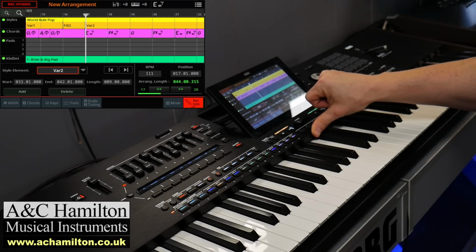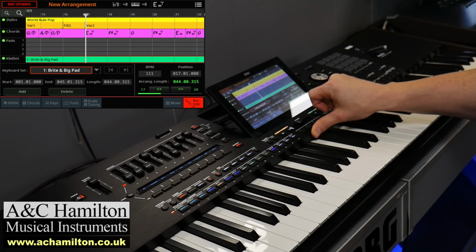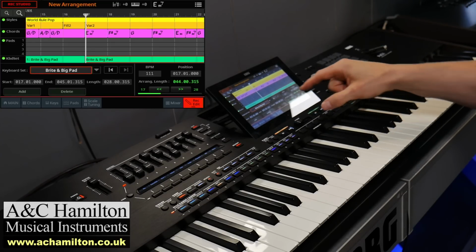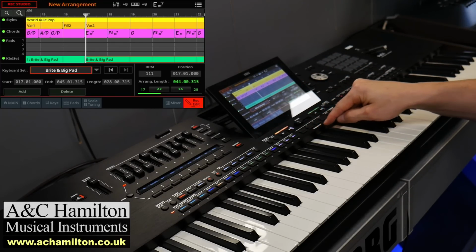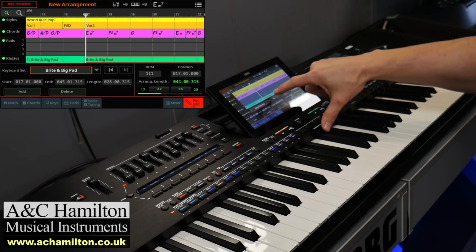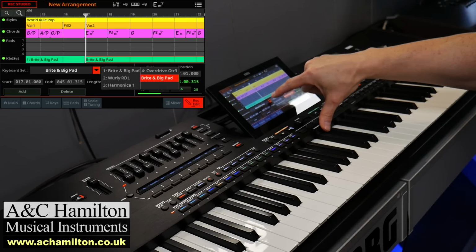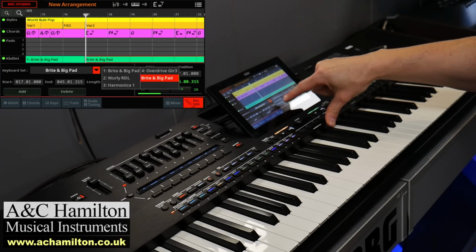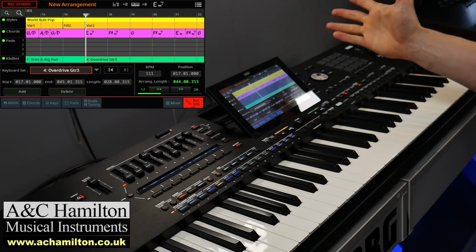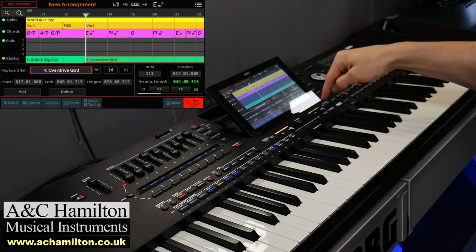So if I go to this point, I click on the sound section, I click on add, and I've got my split now. So this is why it was important before these keyboard sets were set up, because I get to choose from whatever was sat in here. So this is highlighted. If I press the arrow, I get to choose from the settings. So just for the sake of it, I'll choose the overdrive guitar. And if I press play now,